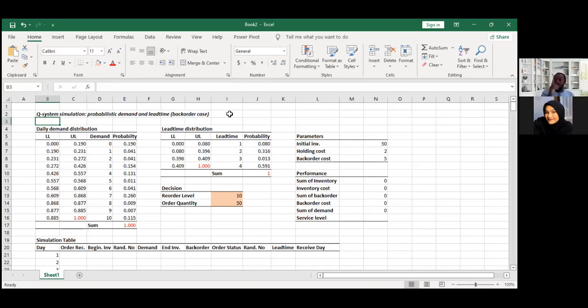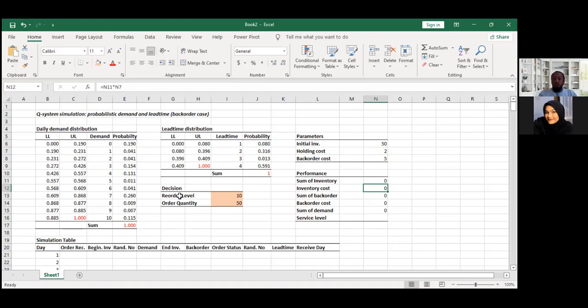Yeah, that's the difference. Okay, student. And the holding cost will be 0. This one we assume, these are parameters, so we can calculate exactly the holding cost per unit per day, and also the back order cost per unit, which is 5. And this is the performance of the simulation. Later I will explain this.